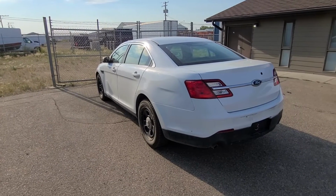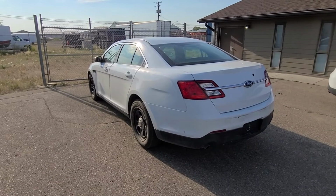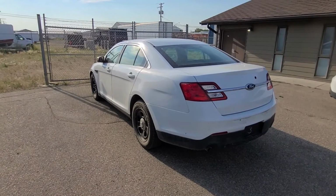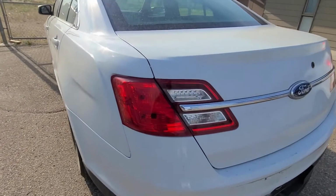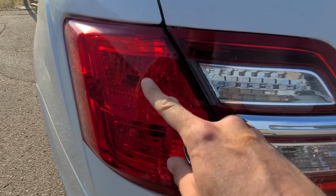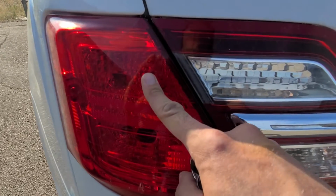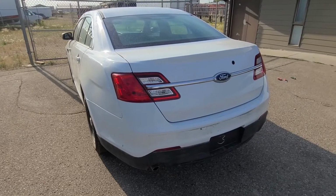In today's video I will show you how to replace the rear turn signal light bulb on a 2013 Ford Taurus. This works from 2010 all the way up to 2019. This light bulb is located inside the rear taillight assembly and it has two purposes. It's your regular light bulb when you have your lights on, and it also serves as a turn signal light bulb. To start, open the trunk,